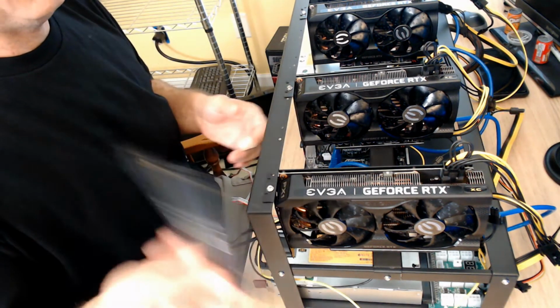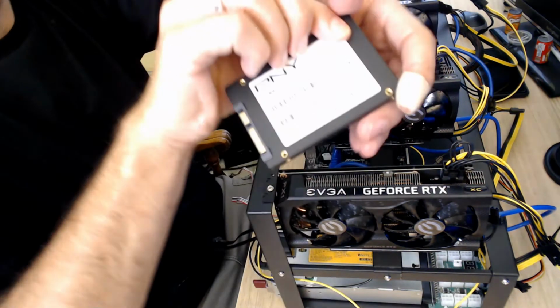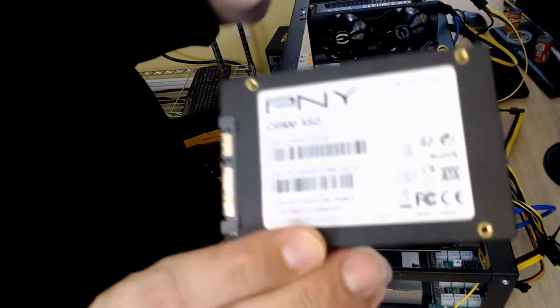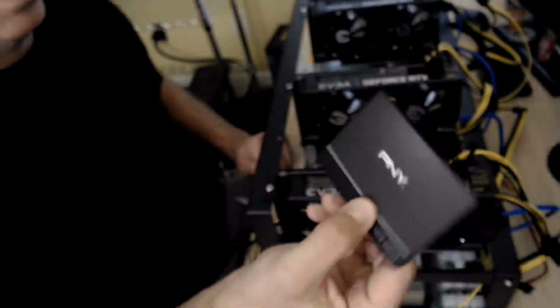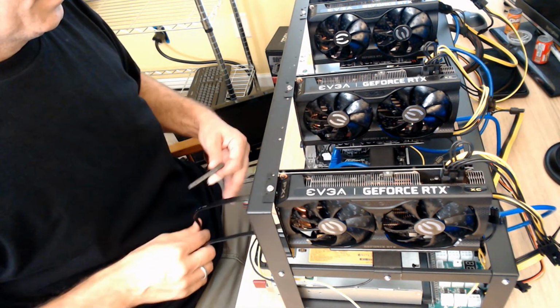Next is going to be a hard drive. So you need a hard drive of some sort. Let's see if you can see this. Is it so bright in here, or is that just the exposure? Got 120 gig. Going to take this one. Now,